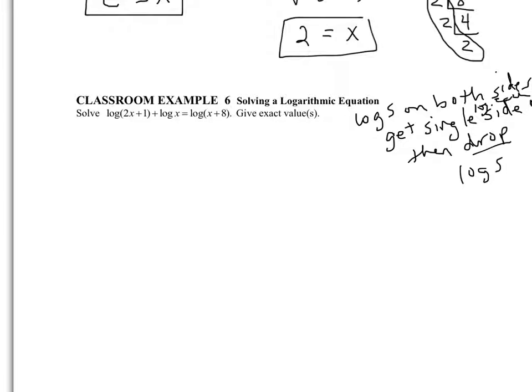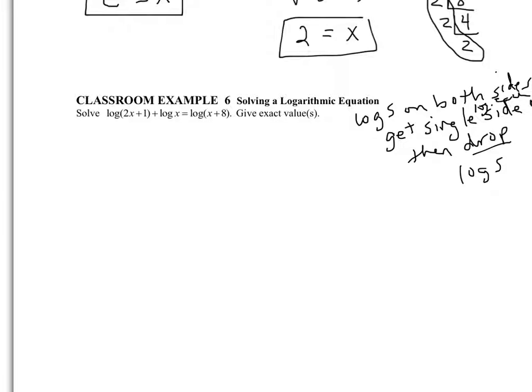Here's the idea. If log this equals log that, the only way that's going to be true is if this equals that. In essence, we're still doing the same thing to each side. We're removing the logarithm from each side, and that's perfectly legal to do as long as we're doing exactly the same thing to each side. So if we look at this equation, think about your properties you know for logarithms. I have a log plus another log. That has been expanded. If I want to condense it,